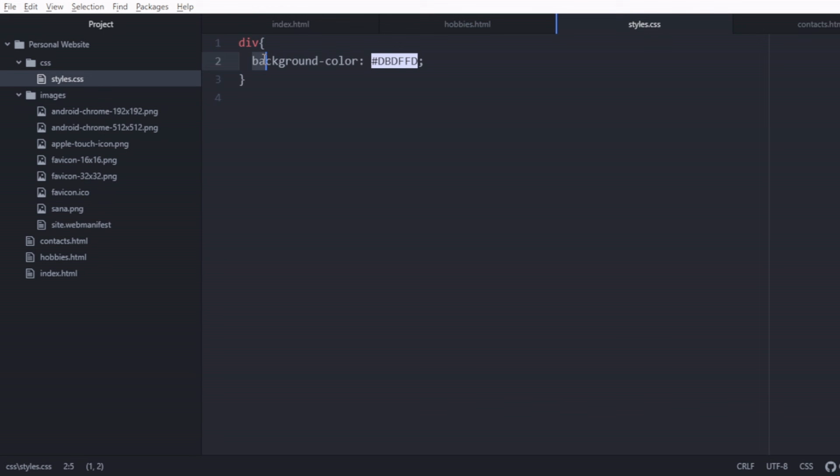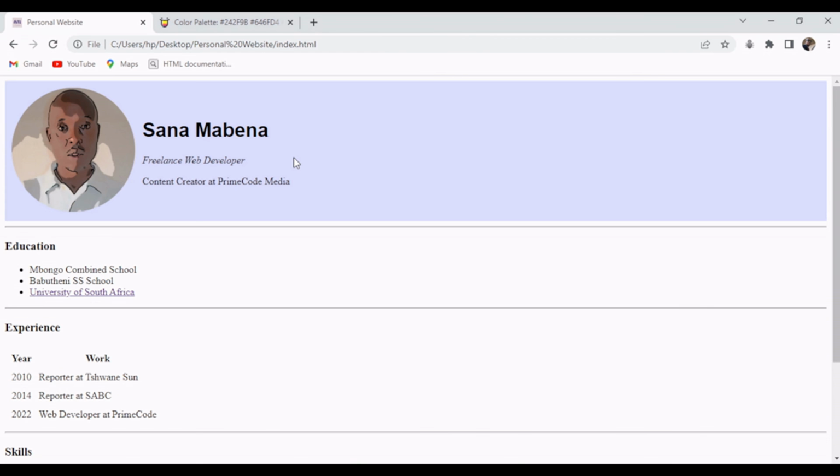In this case, I wanted to change the background color, and this is the CSS property, and the value is the color that I picked up from colorhunt.co, and the result is a new background color for this section of